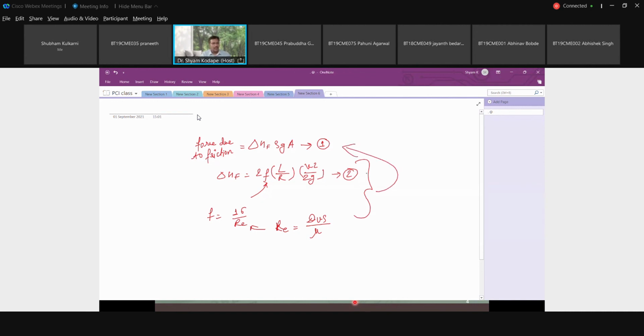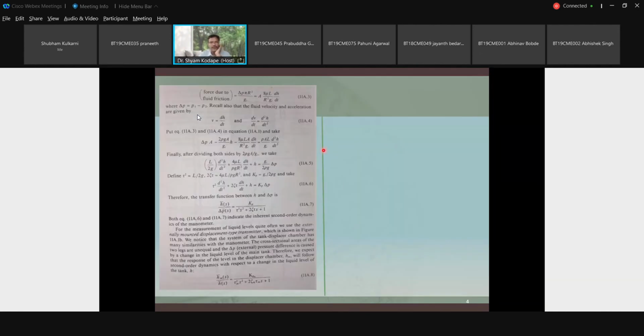Okay, so you will get this equation, 4 mu L by r square g c dh by dt. Okay, and you at home try to solve it and bring it like this. Our question is not how to bring it in this particular format. Our aim is to develop the particular equation which will give us the transfer function. So v is nothing but dh by dt, dv is equal to d2h by dt square, all these things when we substitute over here